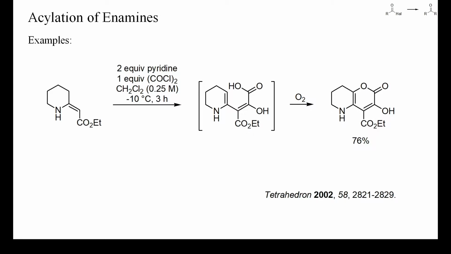In this example, a rather unreactive enamine was acylated with the highly reactive oxalyl chloride. The starting enamine is similarly unreactive and sparsely basic as the enaminones obtained by acylating normal enamines. Oxalyl chloride, however, is exceedingly electrophilic and a good hydride abstractor as well. And since only one equivalent of oxalyl chloride was used, the final oxidation was probably caused by air.